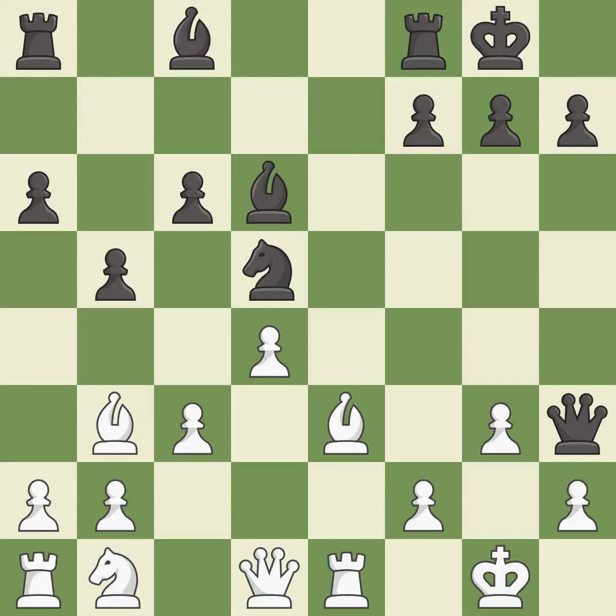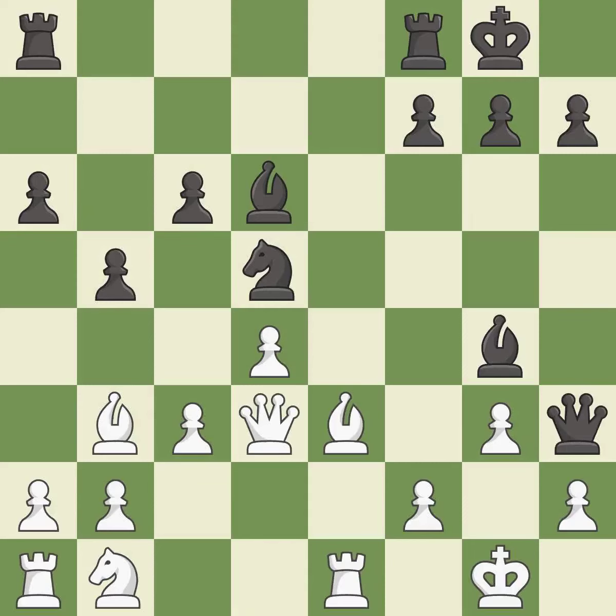Bf3 develops the bishop toward the center and helps defend the king's side. Bg4 develops the light-squared bishop and attacks the queen. Qd3 moves the queen to a safe square while also giving it access to the f1 square to avoid checkmate. Re8 centralizes the rook and occupies the open e-file. Nd2 develops the knight toward the center and closer to the king's side to help on the defense of the